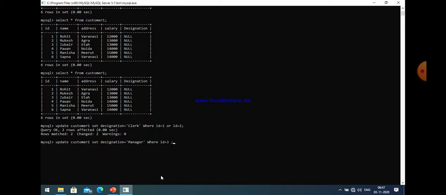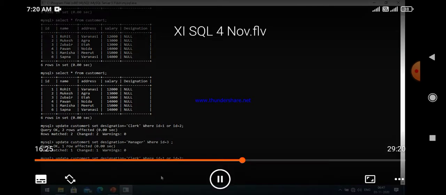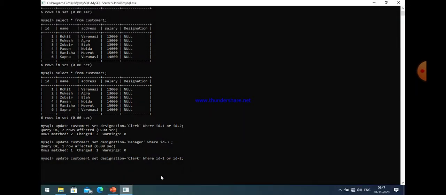And if the second condition is found to be true, then records will also be updated. It means either the first condition is true or the second condition is true, records will be updated. Now I just put where id is equal to 3 in this case. So I just write update customer 1 set designation is equal to manager where id is equal to 3. So the customer who has id 3, now the designation of that customer is manager.